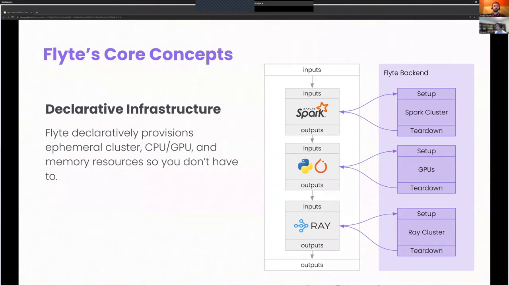The first task, the Spark task: when Flyte decides to run that task, it's going to spin up a new Spark cluster, run the code that you defined in your task, and tear it down. Same thing, let's say in the second task you have this Python code that's using PyTorch and needs 100 GPUs to run some computation. You can easily